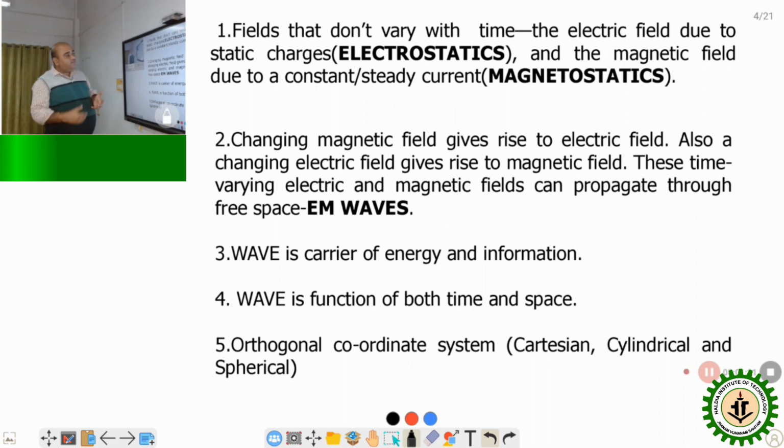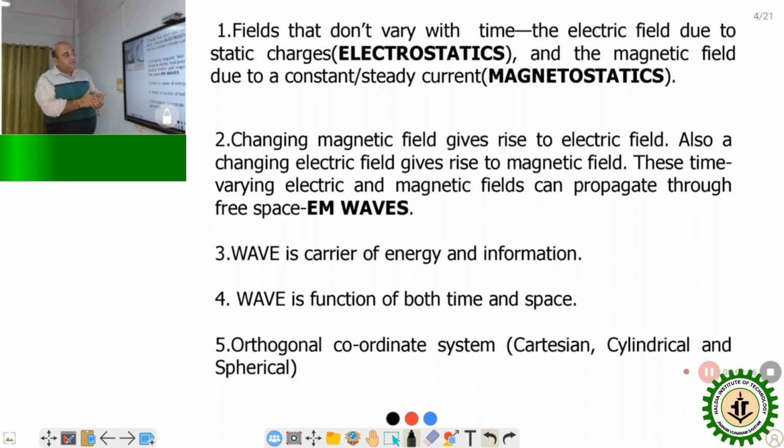Now, if there is a variation in the current, for example an AC current, then what happens? Then there is a changing electric field. This changing electric field gives rise to a changing magnetic field also. So these time varying electric and magnetic fields are interrelated. If there is a changing electric field, there is also a changing magnetic field. On the other hand, if there is a changing magnetic field, there is also a changing electric field. So they are always in pairs. We call them changing or time varying electromagnetic fields.